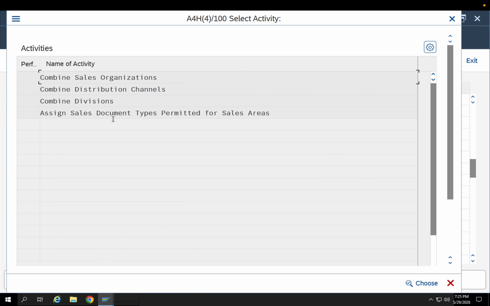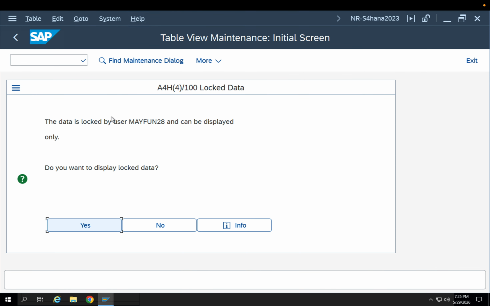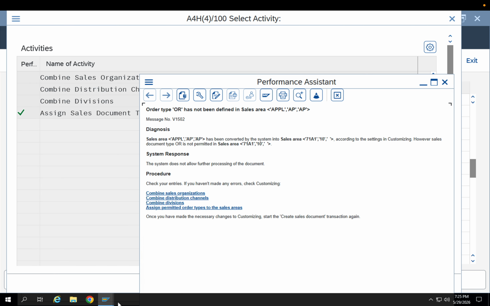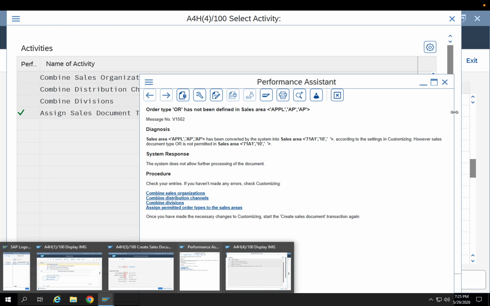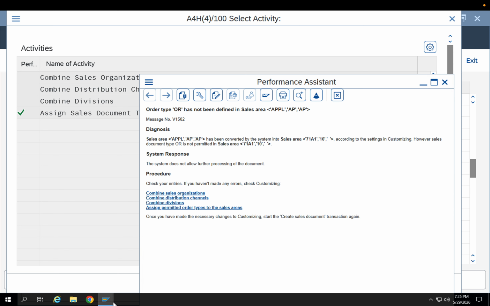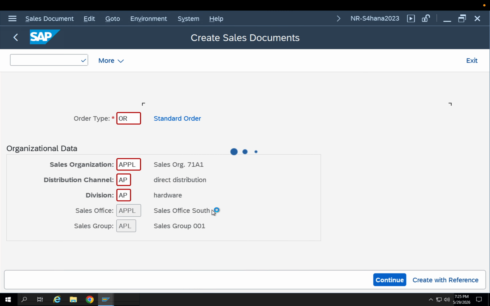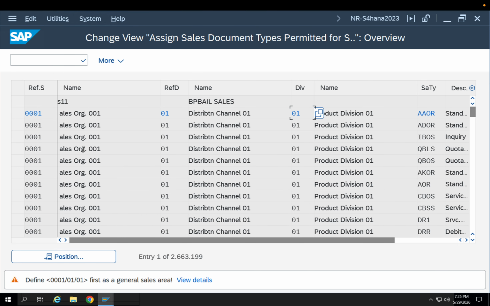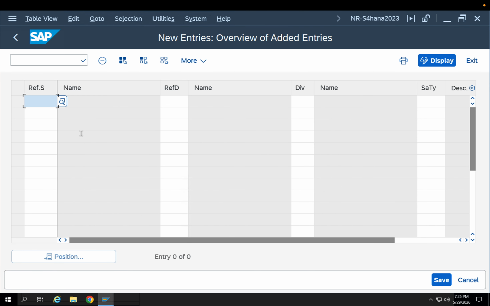So here we'll go to this combination. Somebody, I think I am the only one logged in somewhere. It is going there, so let me close this one. Okay, new entries. Then maintain the combination. What is the combination we created? APPL,